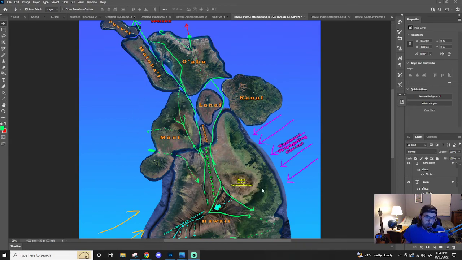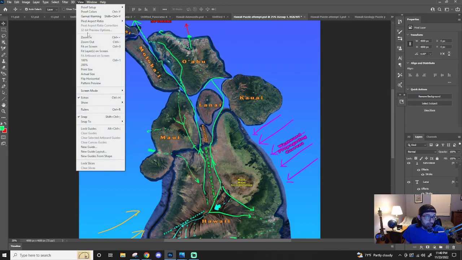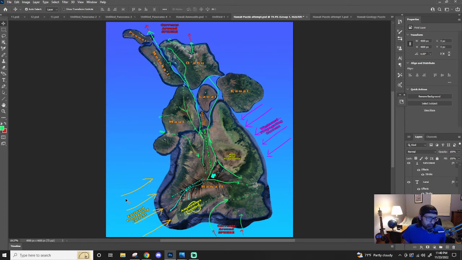Okay. So I've been talking about Hawaii. I just felt like I should maybe record some things. So I was mentioning, I've been talking about this concept that Hawaii perhaps was a sphere,